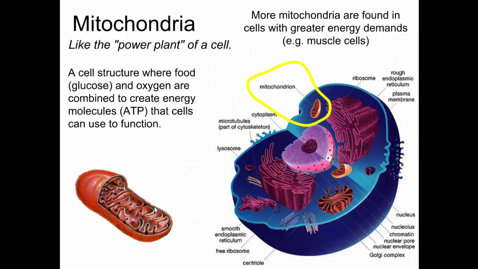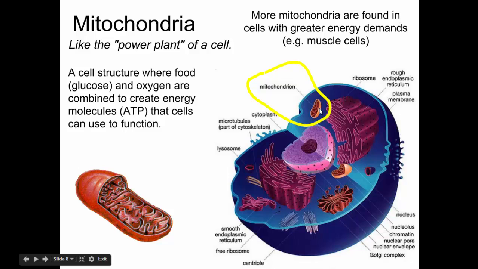Next, we have the mitochondria. The mitochondria are like the power plant of a cell. And so different cells have different amounts of mitochondria. The more mitochondria are found in cells with greater energy demands. So muscle cells have more mitochondria